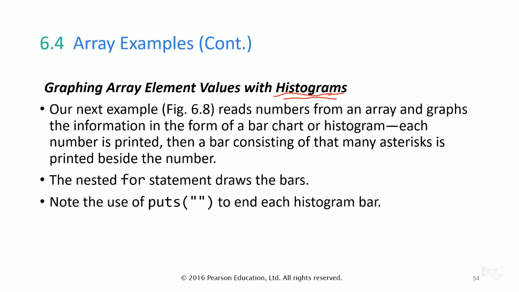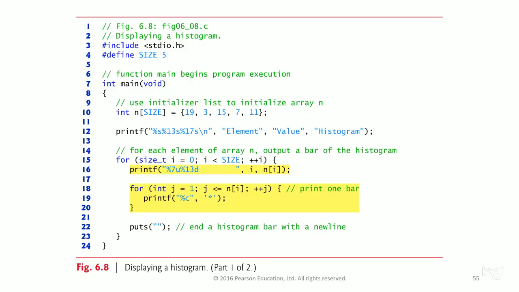And the histogram example is also very important. Histograms are very important in probability related problems, and so we're going to revisit the random number example that we did a few lectures ago, and what we're doing is